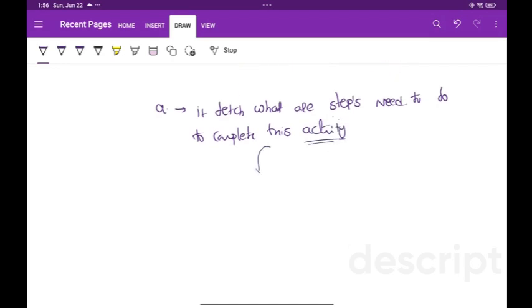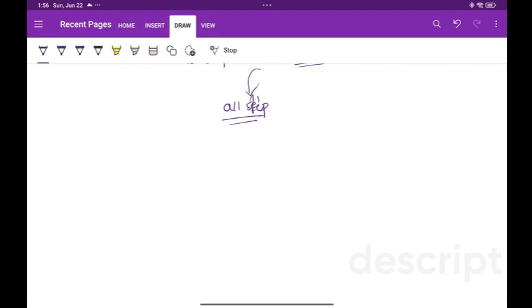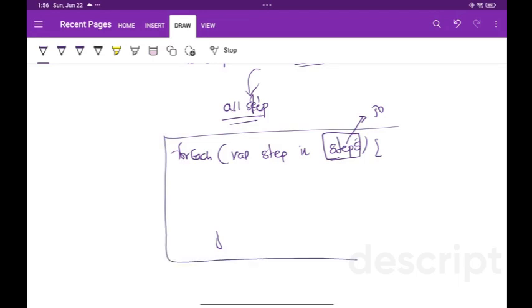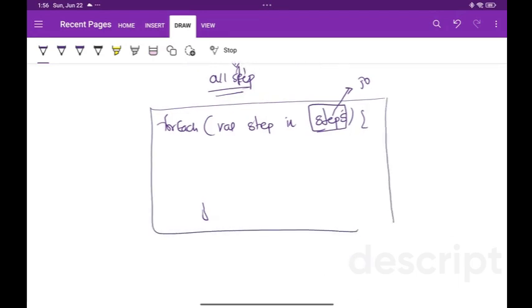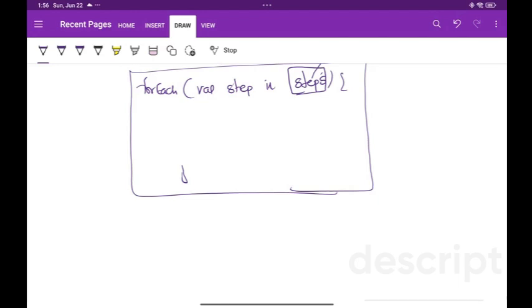Then after fetching all steps, it is executing each step sequentially. These are the steps already fetched based on the job ID from the job step table. Then after getting the list of steps, for each step